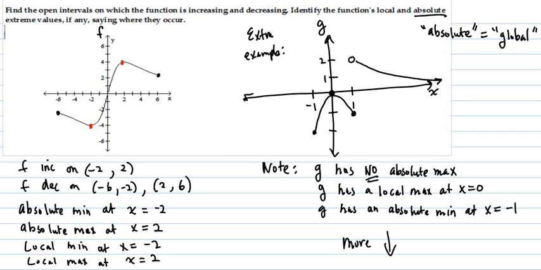Find the open intervals on which the function is increasing or decreasing, given the mystery graph of the function over here. Identify the function's local and absolute extreme values, saying where they occur. So it's just by looking at the graph, we see that there is a local extreme